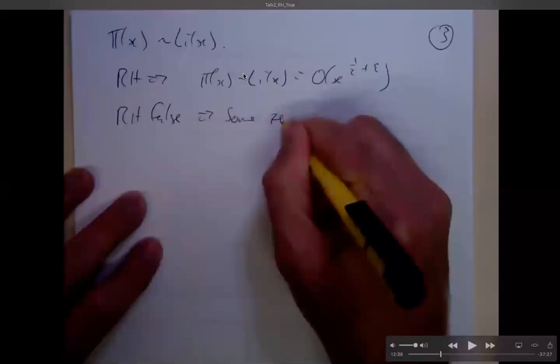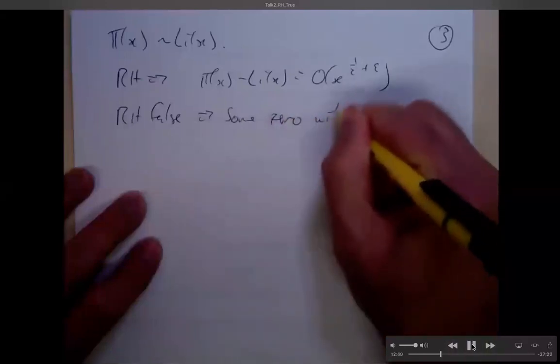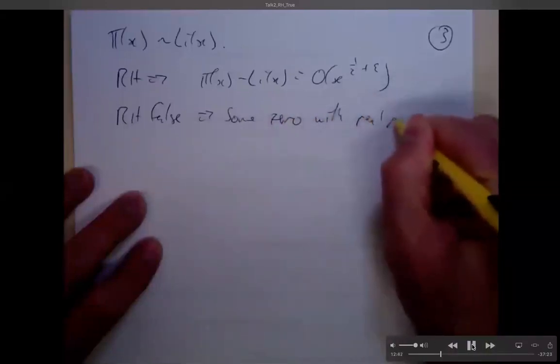Well, the Riemann hypothesis tells you that this side is less than a constant times x to the half plus 1 over 100, say. So the Riemann hypothesis says that you get a pretty good error term, about a square root. Remember, this guy is going like x over log x. So this is roughly the square root of the main term. That's a pretty good go. So if the Riemann hypothesis is true, you get roughly a square root of the main term as your error term.